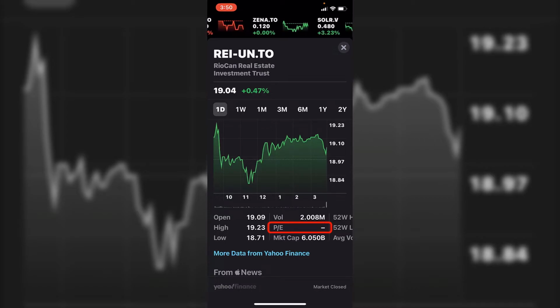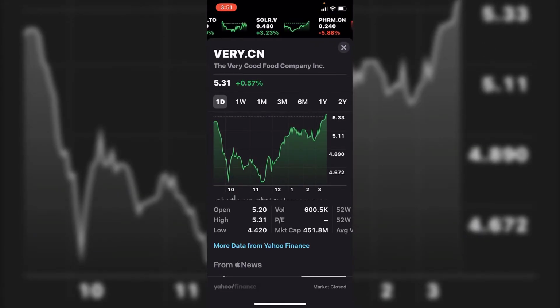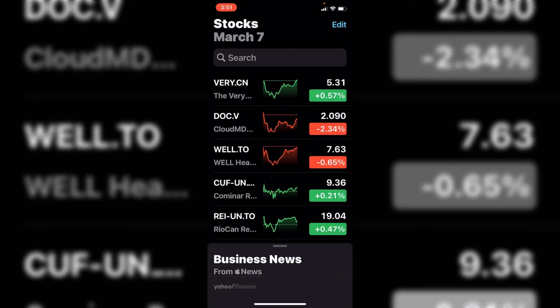PE, price to earning ratio, shows the profitability of the company. Usually I really don't care about these things because I don't know why it doesn't show it for this particular stock, but let's go to a new company. Let's go to, for example, my company and see. It doesn't show. I don't know why it doesn't show, but anyways,